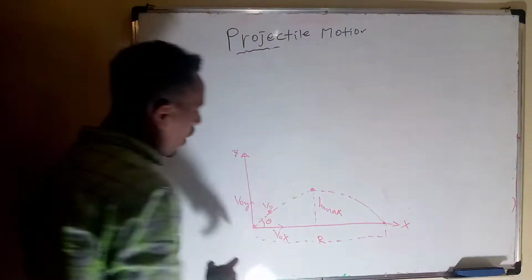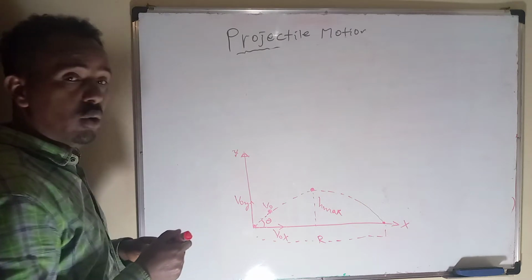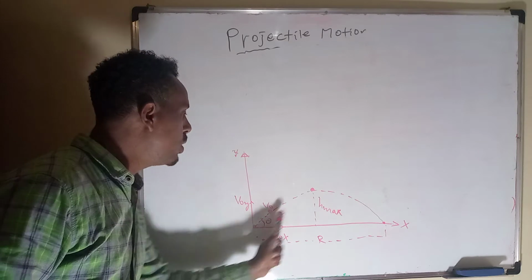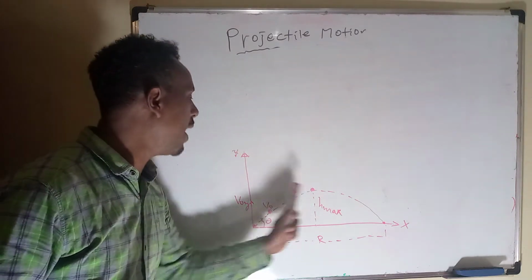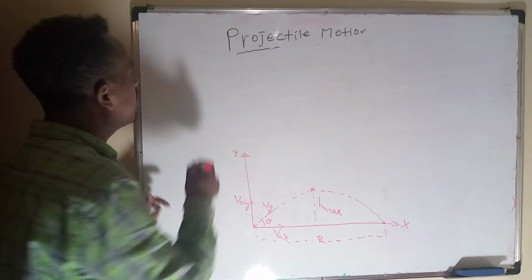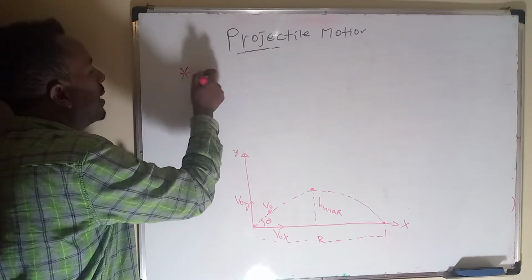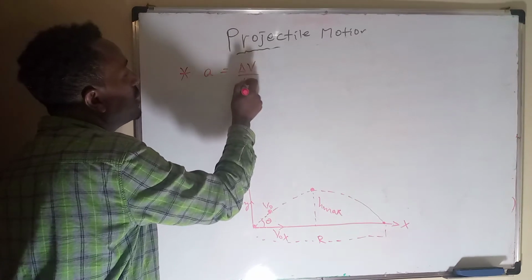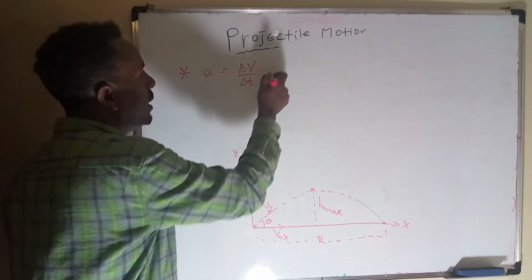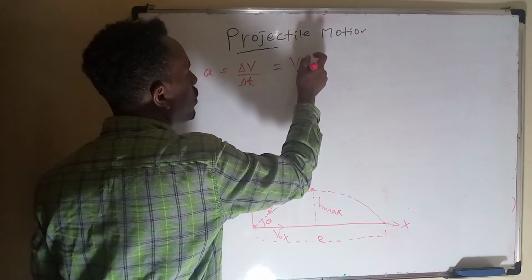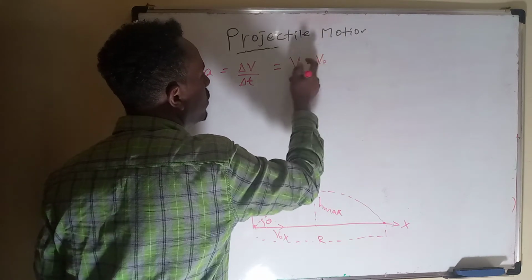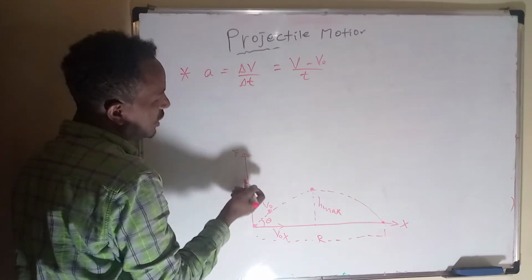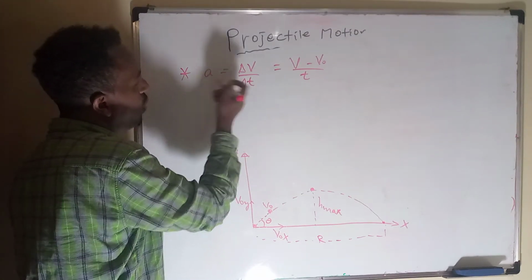Okay. ሌላው ታይም ምንውን እናያለን። The time used for the projected body to reach maximum height. ያንን time ዲተርሚን ለማድረግ acceleration is equal to change in velocity over change in time. ይሄንን አይተናል, this is equal to final velocity minus initial velocity over time, እዚህ ጋር acceleration along y axis ነው